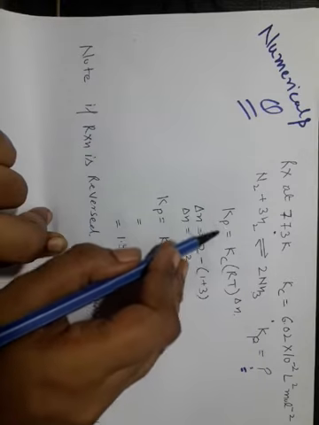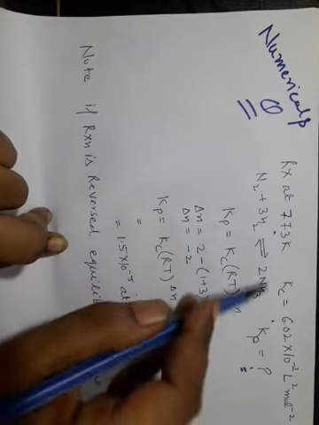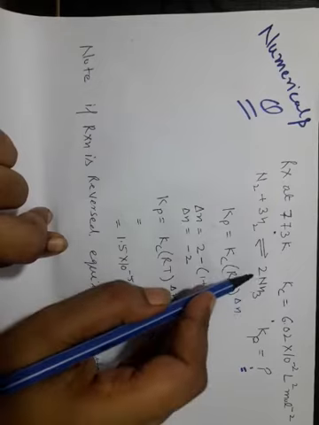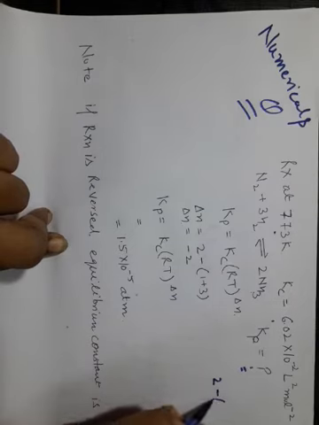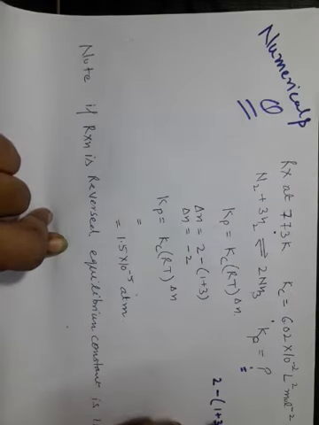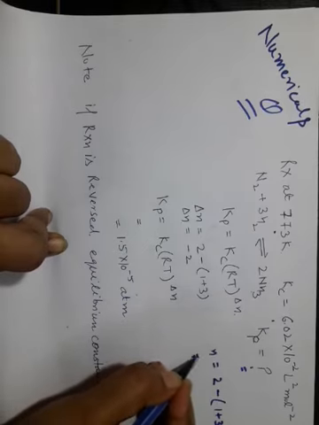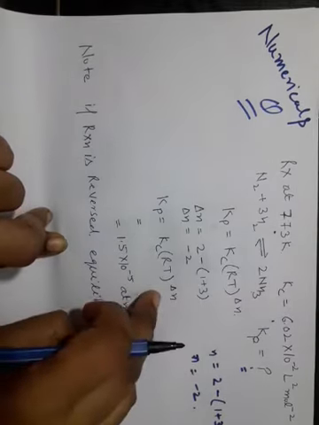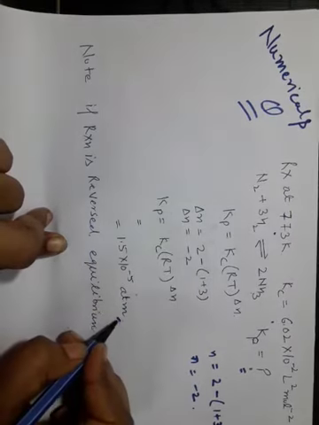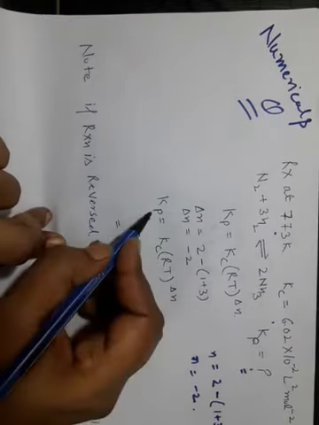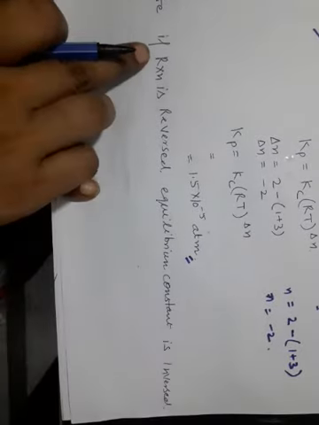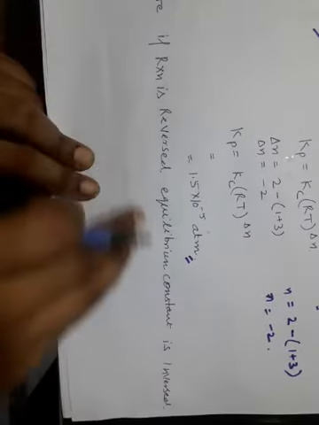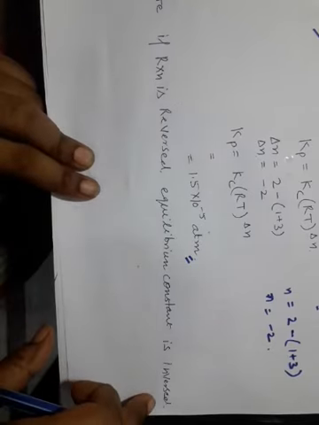Now as we all know, Kp is equal to Kc (RT) to the power delta n. Calculate the value of delta n, that is 2 minus 4, because the product number of moles is 2 and the reactant number of moles is 4. So the value of delta n is minus 2. Place the values in this formula and you get your answer in terms of atmosphere, because you are calculating the equilibrium constant in terms of pressure. Secondly, students, keep in mind that if the reaction is reversed, the equilibrium constant is always inverted.